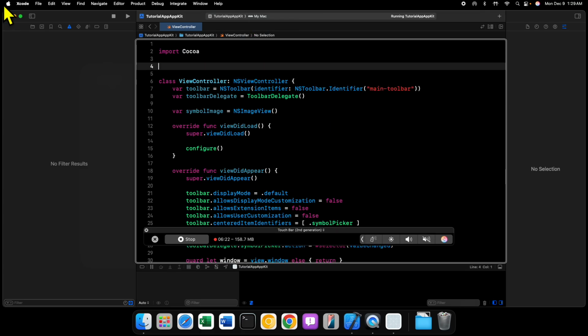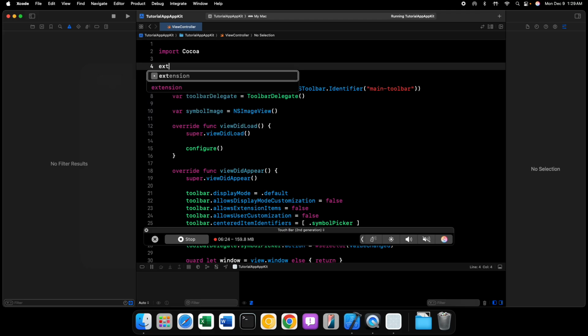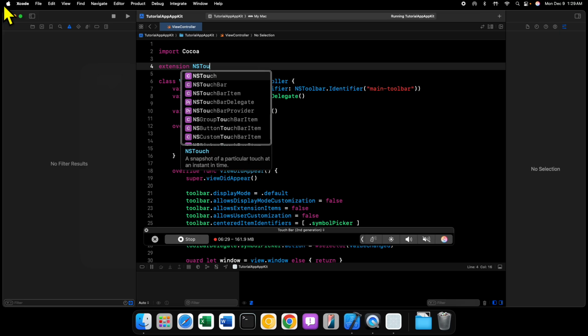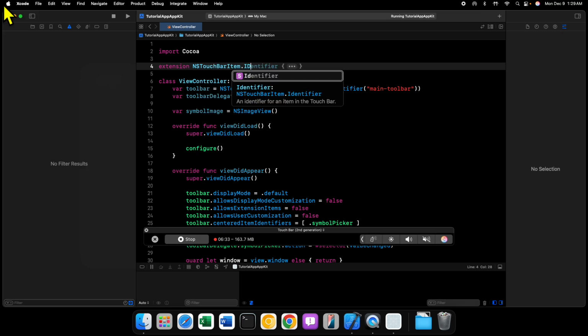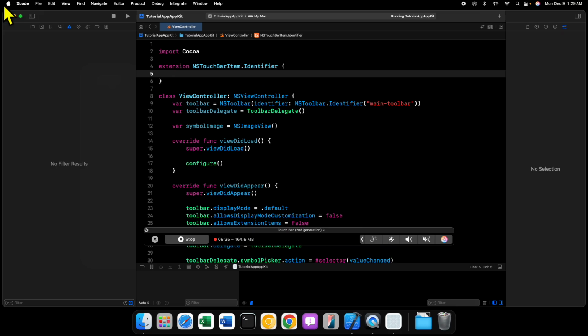So above our view controller class, we're going to say extension NSTouchBarItem.Identifier. And in this extension, we're going to have a static constant, which is going to be of type NSTouchBarItem.Identifier. And in that initializer, we'll take a string, which is a unique identifier for the item. So we'll say static let